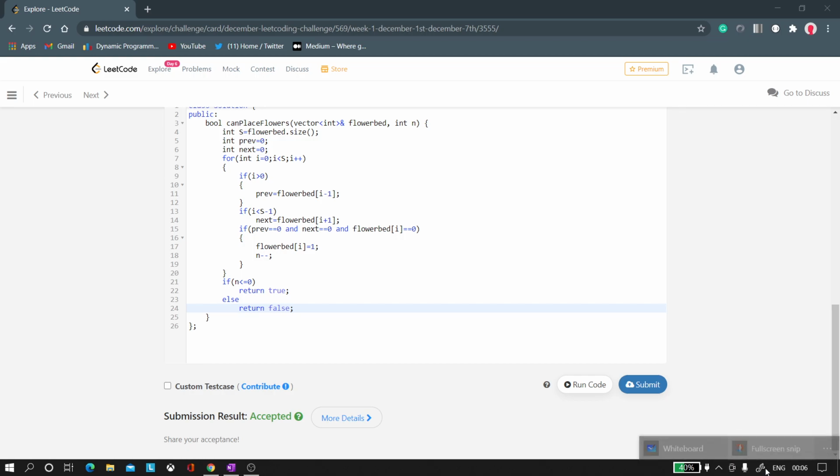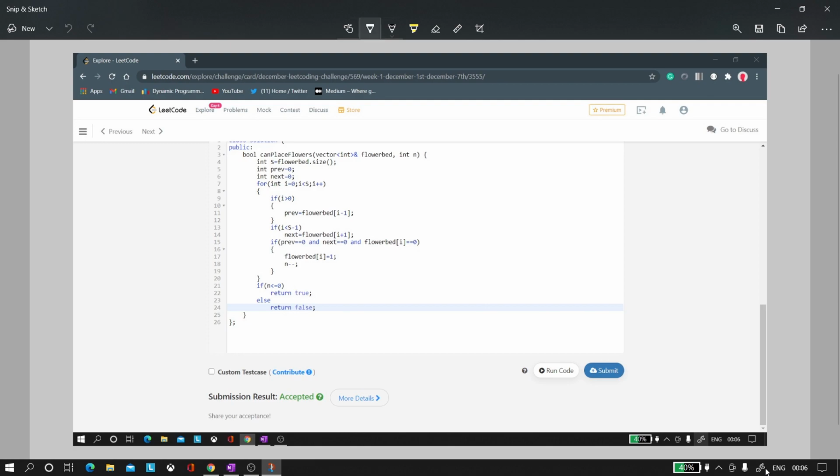Now let me tell you the time complexity. So over here, let us see. Suppose we have this input, and this input. So in this value, if we start, previous is by default 0, and current in this would be 0, and next in this would also be 0.